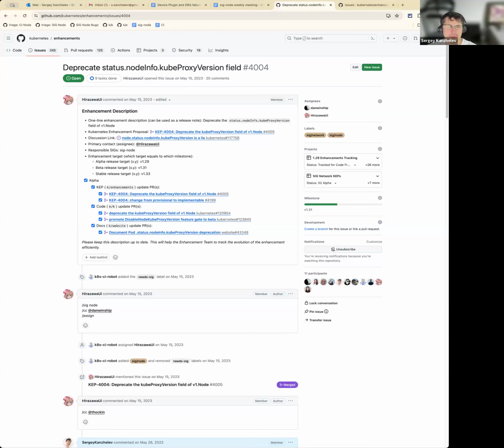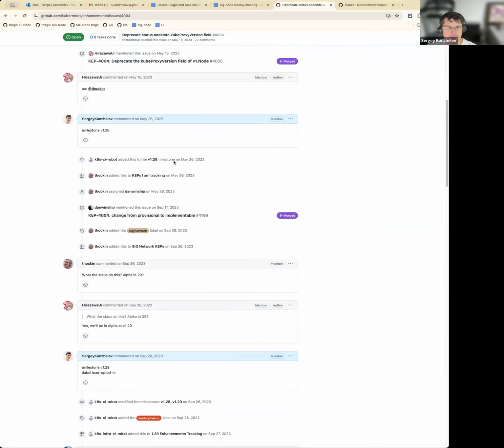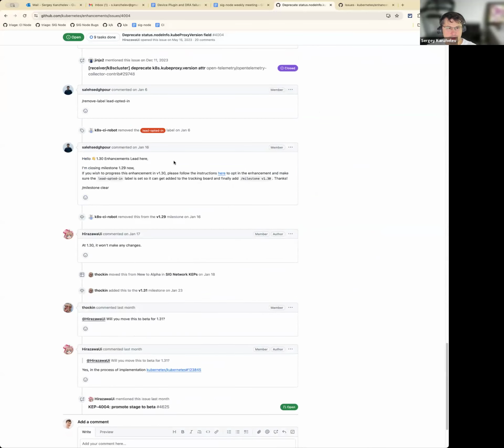Let me share my screen. Okay, this cap, deprecate status node info kube proxy version field. I feel that we discussed it some time ago, and this is just going to GA with it. So it should be fine.